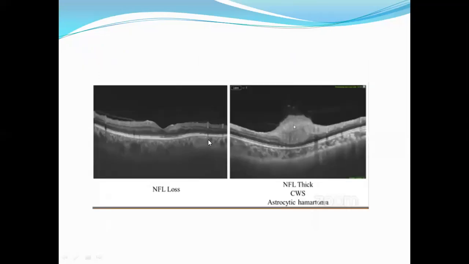Then coming on to some lesions of the nerve fiber layer. Here you see the inner retina has become thinned out and the nerve fiber layer is lost. This could be seen in certain ischemic insults. In the second picture, you see a hyperreflective globular lesion. If we trace the nerve fiber layer, this hyperreflective inner layer, we see yes, this is a fusiform swelling of the nerve fiber layer. So the nerve fiber layer here has thickened.